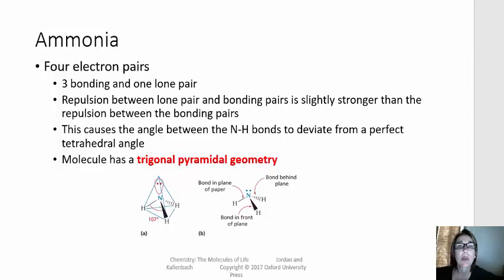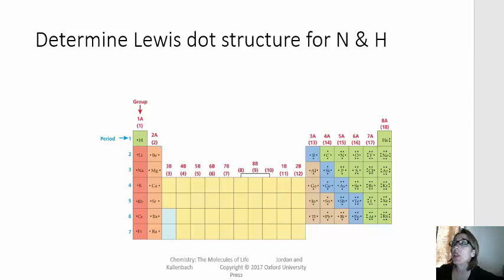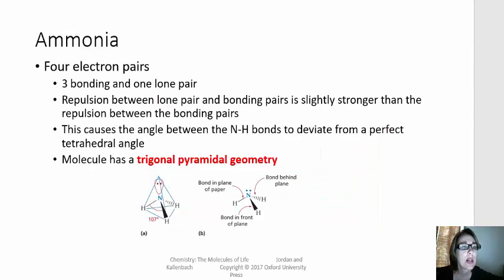Let's take a look at the molecular geometry of ammonia. The central atom is nitrogen, and nitrogen shows up a lot in biological molecules. If we take a look at the valence electrons of nitrogen, there are five, one of which is a pair, and three unpaired electrons. So nitrogen tends to form molecules where there is a lone pair on the nitrogen and